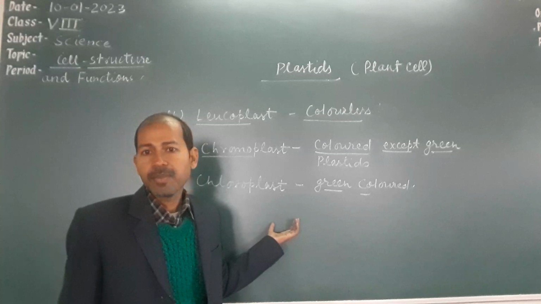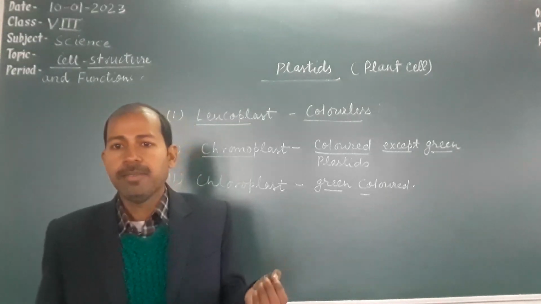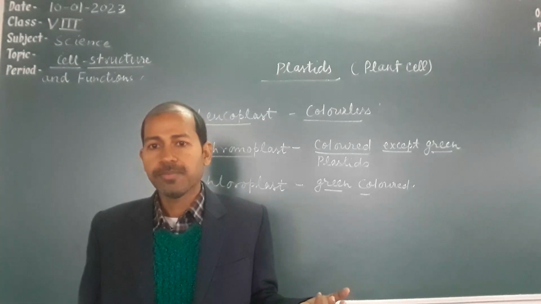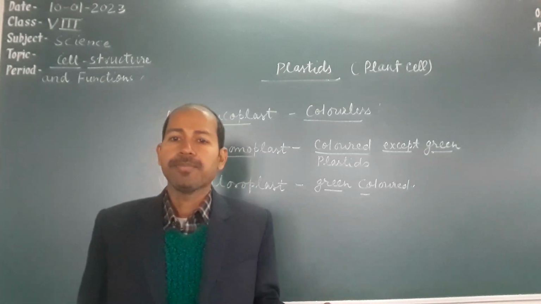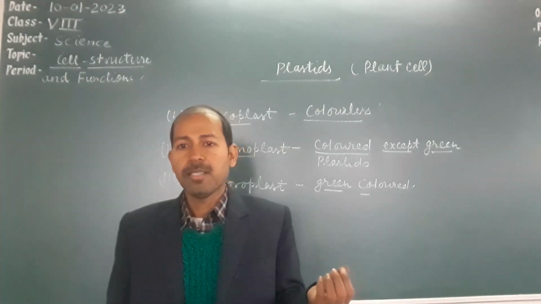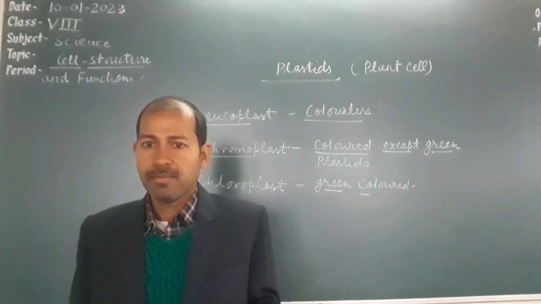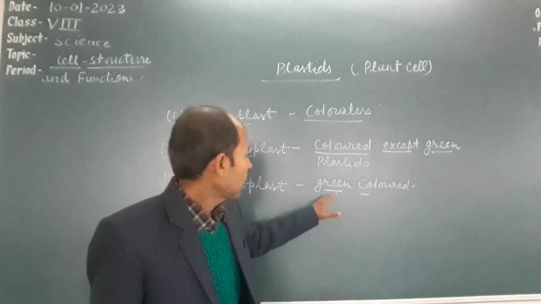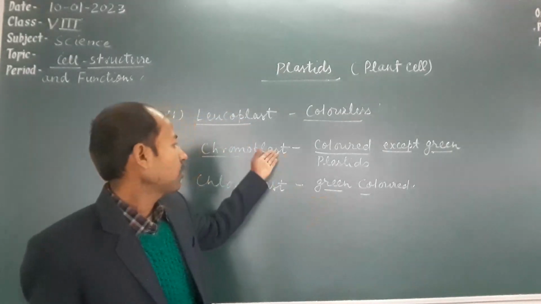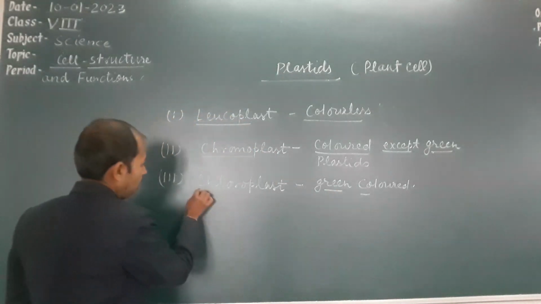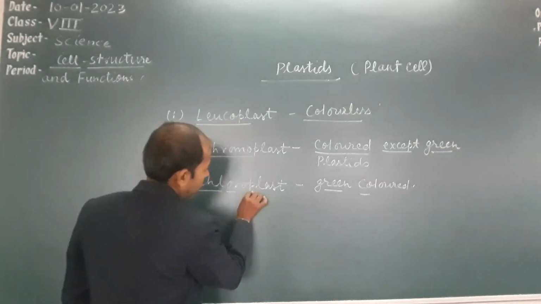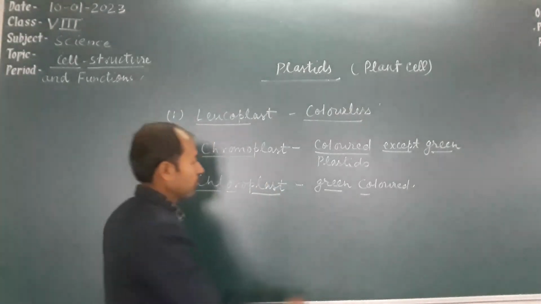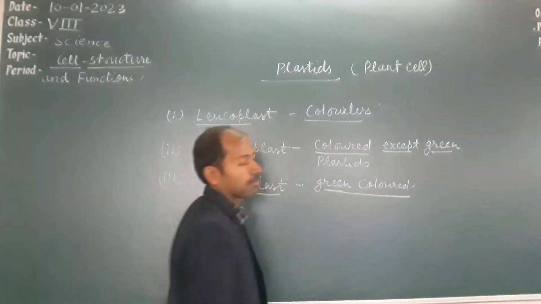In the beginning, when the tomato is unripe, the color of the tomato is green, and after ripening the color becomes red or orange. So chloroplast is changed into chromoplast. And the third type of plastid is chloroplast, which is only found in green color, or it is a green colored plastid, and